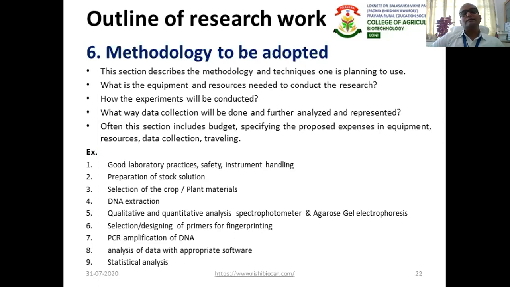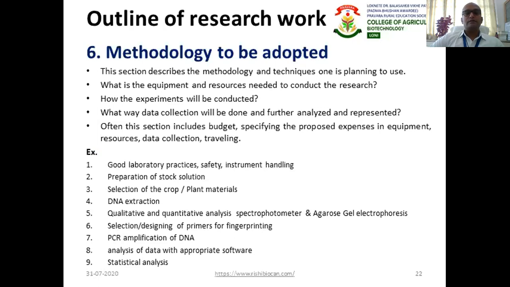This section describes the methodology and techniques which you are planning to use. Then what kind of equipment and resources you need to conduct the research. Then how the experiment will be conducted in short. Then what data you will get after doing the research.